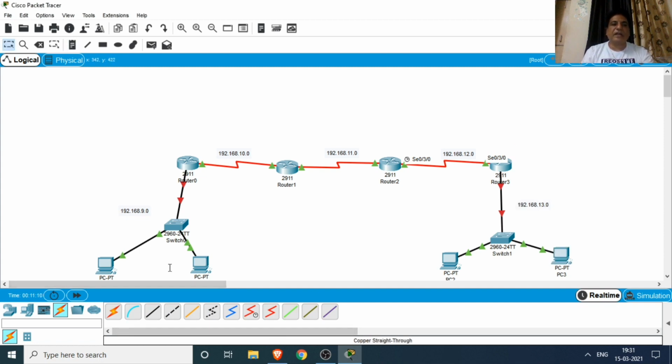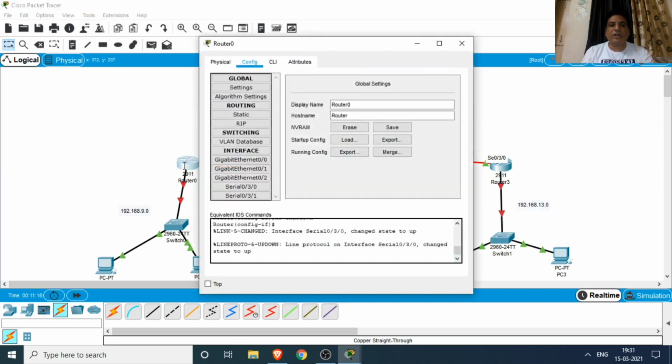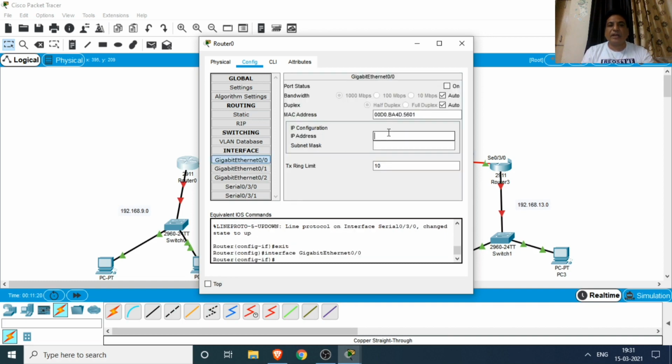Next we assign the gateway address to the left side. Here we click on the router's GigabitEthernet port. We are assigning the gateway address, that is the first address of this network, 192.168.9.1, with the subnet mask for class C, and turn on the port.